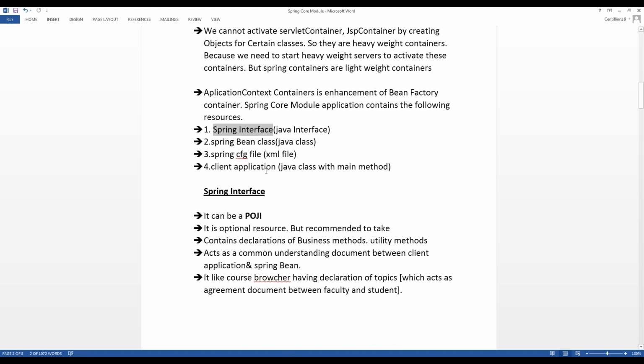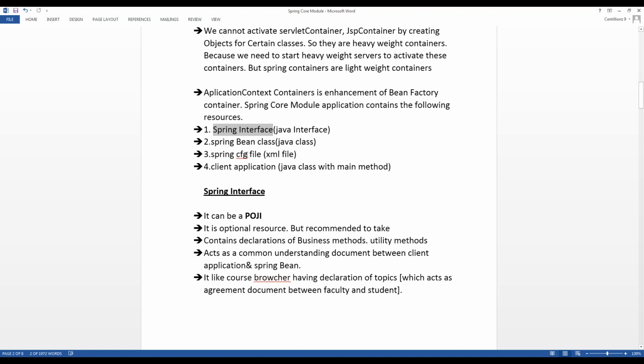Client application. When you are developing a standard application, we need at least one class with a main method, because every execution of the project starts from the main class only, starting from the main method and ending with the main method. In between the main method starting and ending, the call will go to different places like interfaces, abstract classes, concrete classes, super classes, whatever constructors and methods we are using, and it will execute these things.